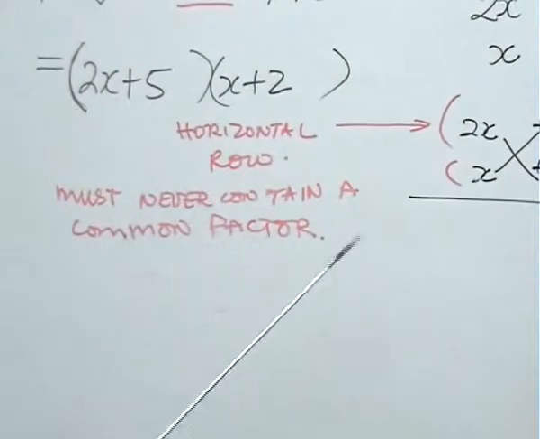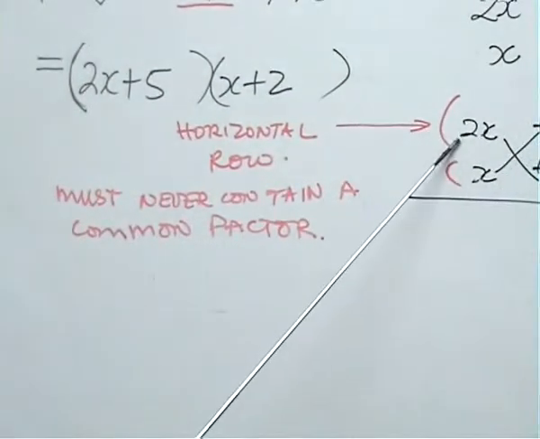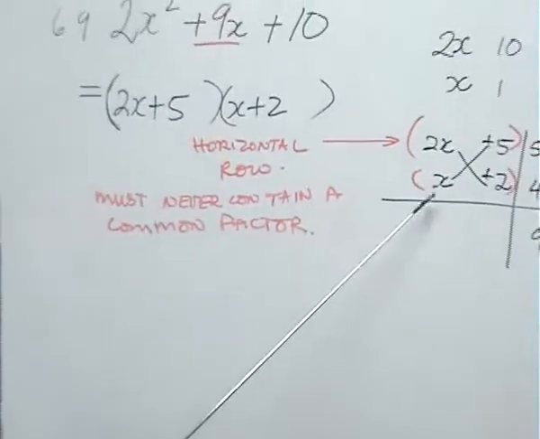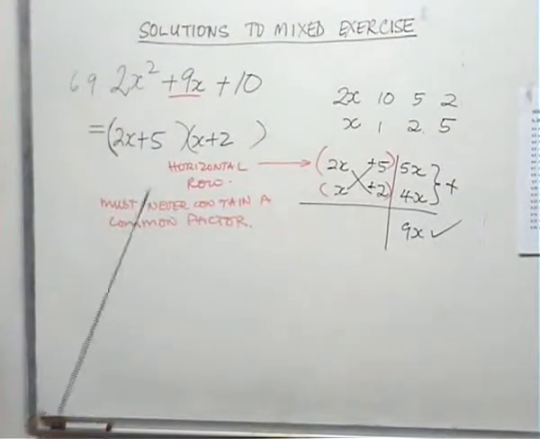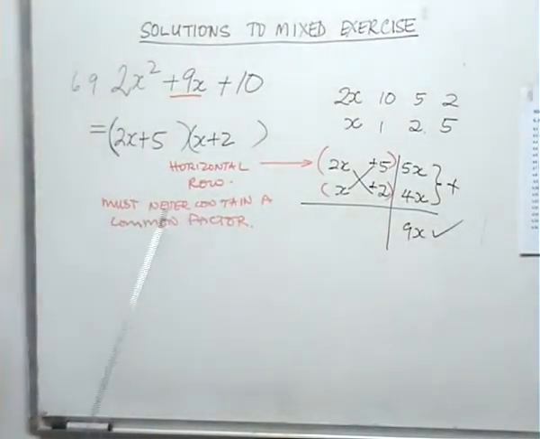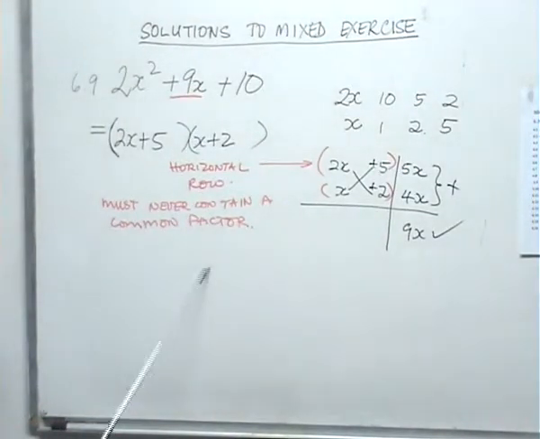So, if you look at this horizontal row, you got 2 and you got 5, it's got no common factors. If you look at this horizontal row, you got 1 and you got 2, it's got no common factors. So the horizontal row must never contain a common factor. Right, that's just a little bit of a good tip for you to know. Right, let's move on to